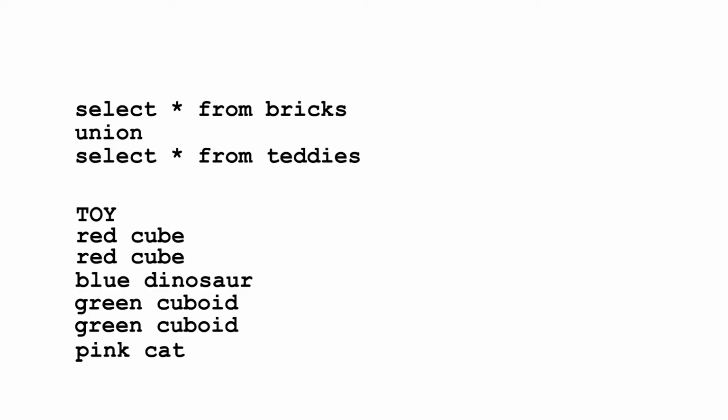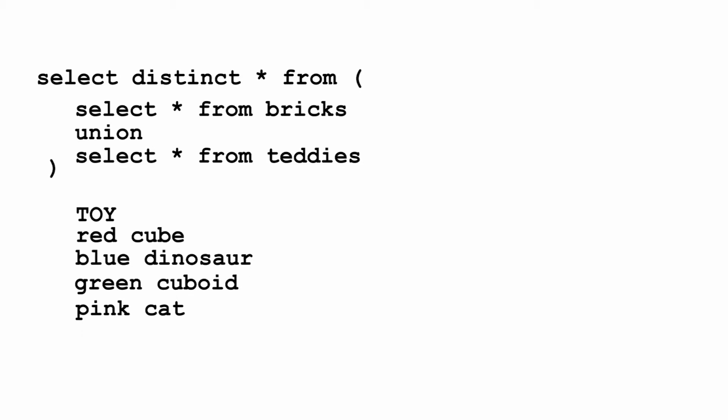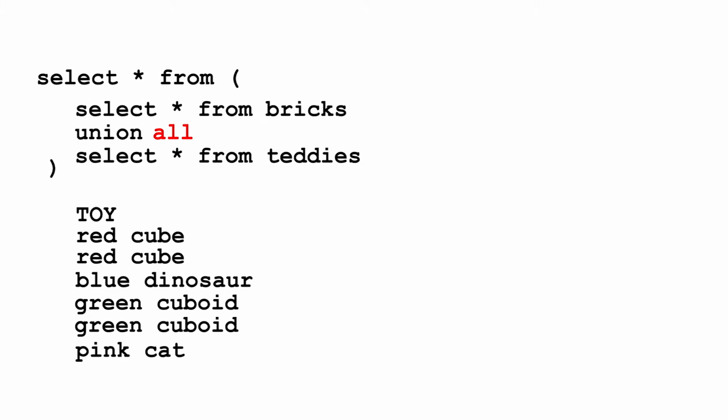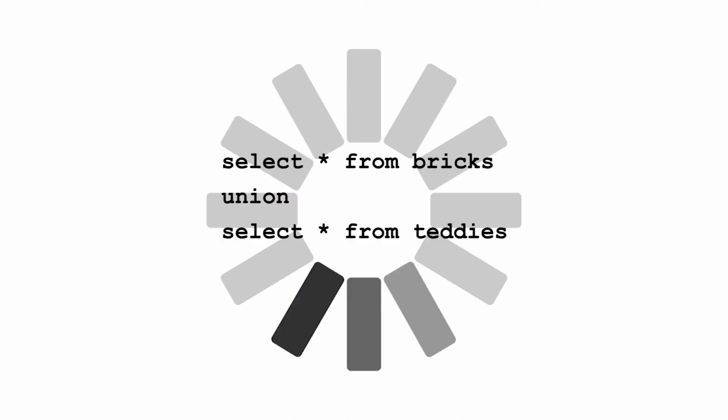So why is this? And how can you avoid it? Well, union adds a distinct operator to the results. This squashes out duplicates. To see all the rows, you need to add the all keyword after union. So you may need to do this to get the answer you want. But even if you're combining tables where you're sure there's no duplicates, it's still worth using the all variant. This is because the distinct operation gives your query more work to do. If your tables are huge, this can really slow your SQL down.